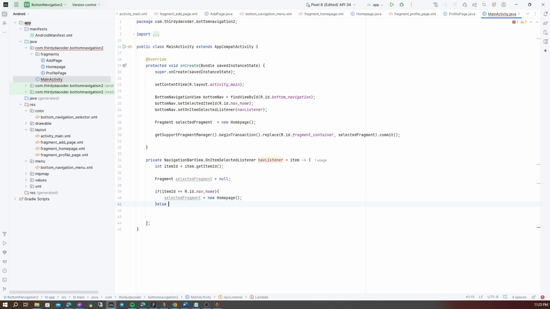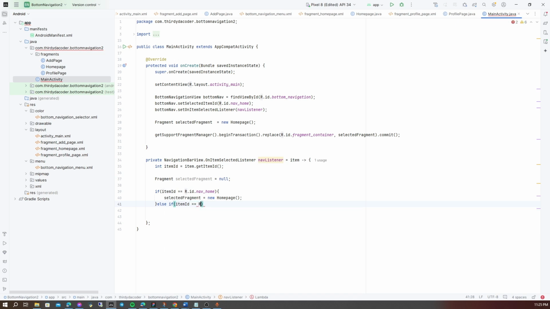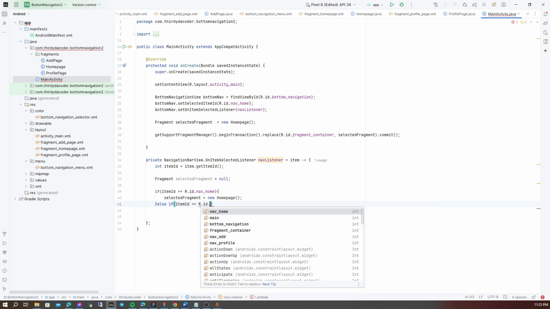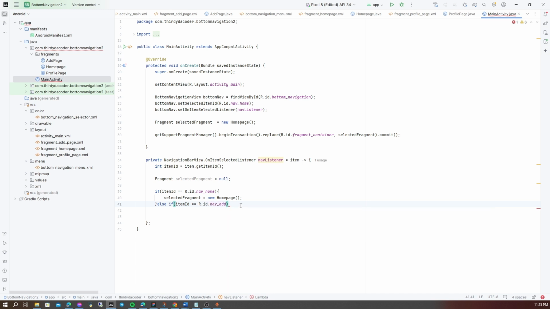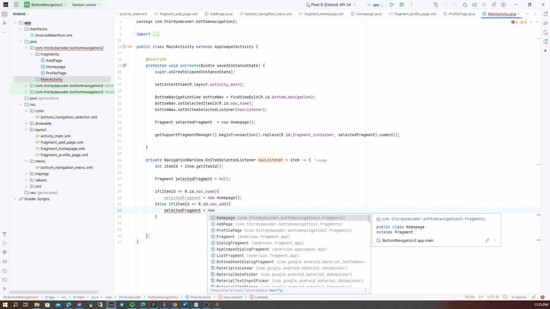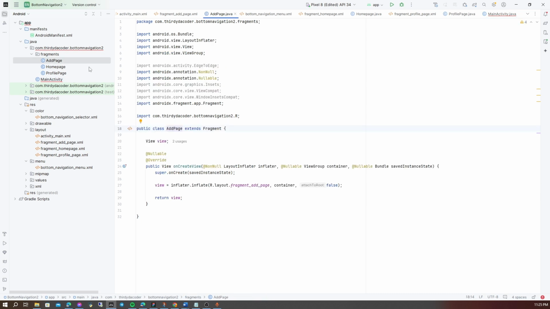Then else if itemId equals R.id.nav_add, then the selected fragment is new add page. If we go to the add page fragment, here it is inside the fragment folder.